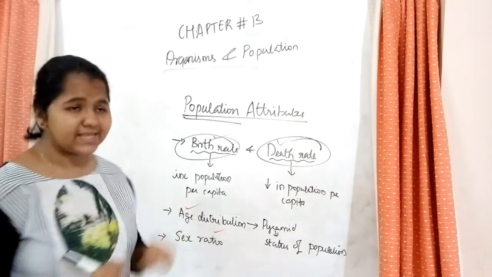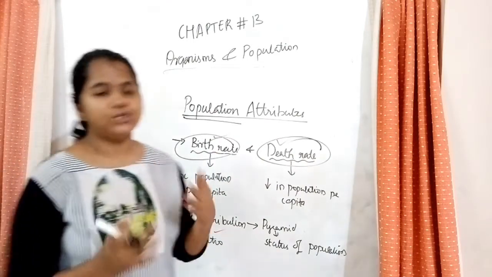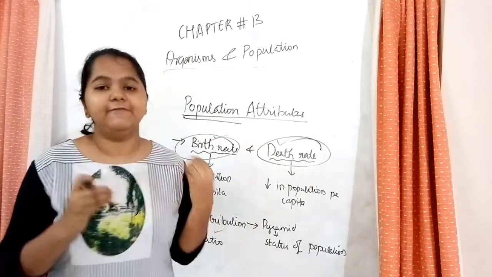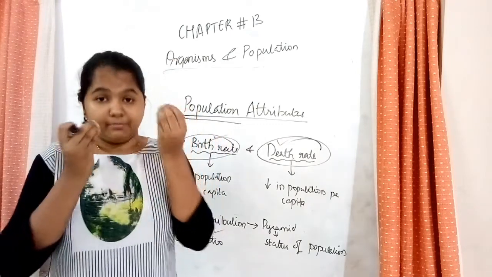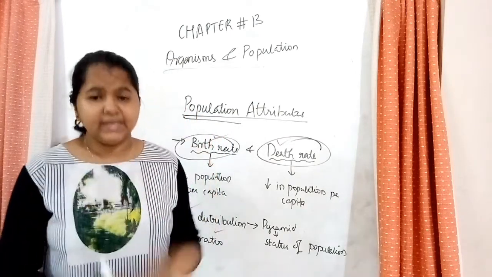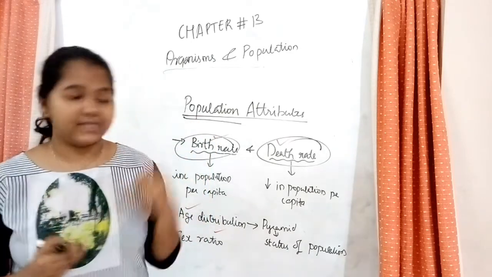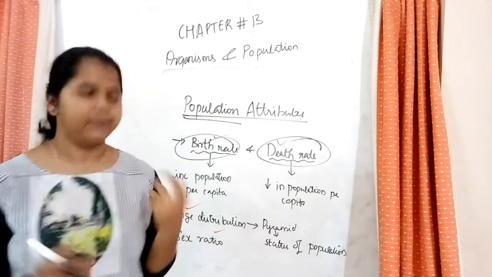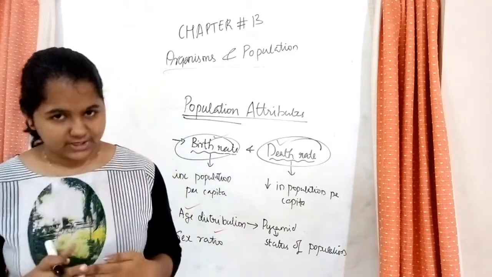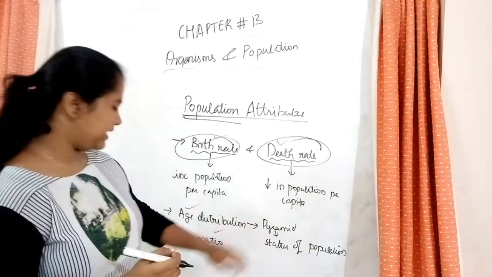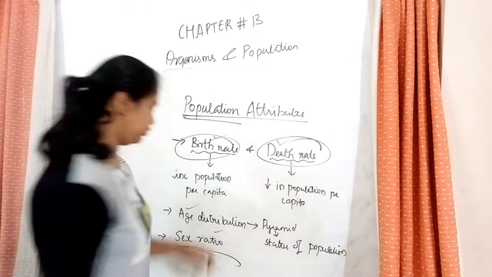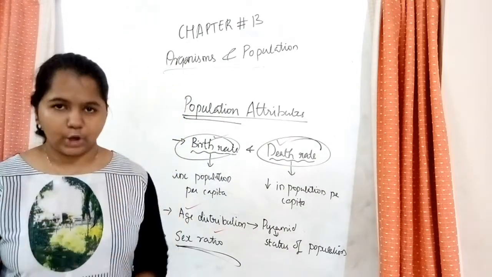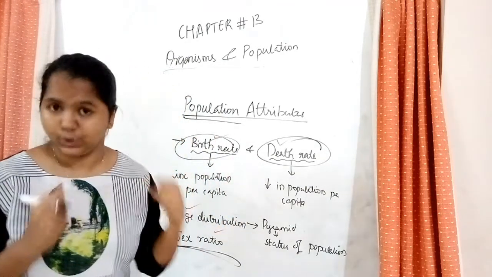Then we talk about the sex ratio. Sex ratio is important because of female feticide, where a baby known to be a girl is aborted because people think having a girl is unlucky and costs more money. So a difference in sex ratio can affect the population. The next one is age distribution. It is a very important thing because the economy of our country is mainly dependent on the young generation.